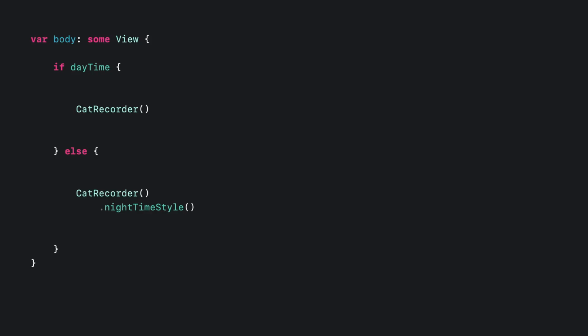Let's look at a concrete example of how changes in identity affect the persistence of state. This is an interesting example because we have the same view but in two separate branches. If you remember from before, because of structural identity, the two views are considered to have different identities. Matt has discussed how this affects animation. But this also has a profound impact on the persistence of your state.